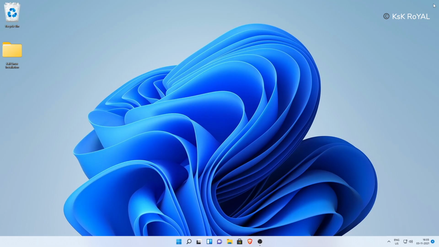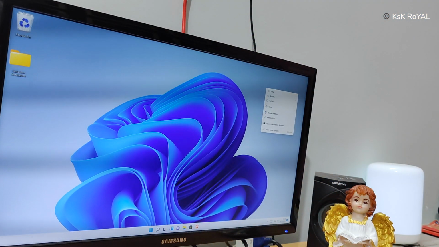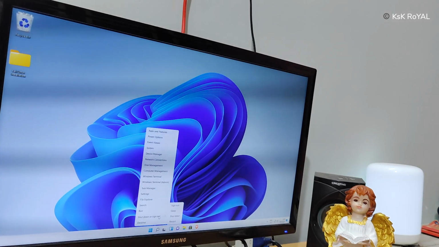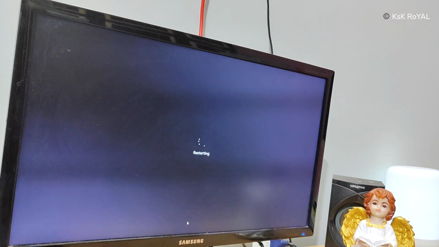And that's it. Now we have successfully removed Kali Linux. Now restart your computer. The system should boot into Windows 11 and you won't face any GRUB issues. This is how you properly set up a dual boot on your Windows computer with Kali Linux. And that's pretty much it.